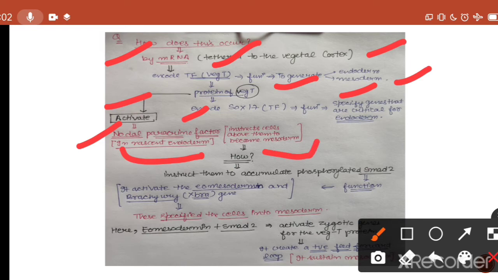How do they instruct them? They instruct the cells above them to accumulate phosphorylated SMAD2, and this SMAD2 has a function to activate eomesodermin and brachyury, that is the XBRA gene, and these XBRA or brachyury and eomesodermin genes specify the cells into the mesodermal layer. Here eomesodermin and SMAD2 activate